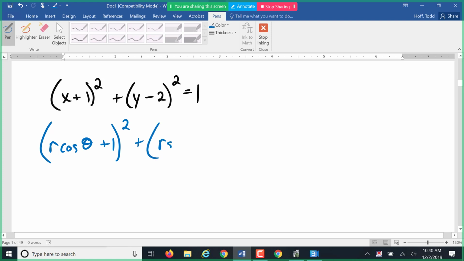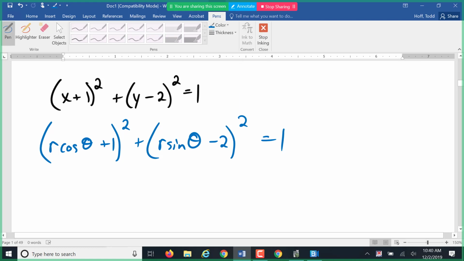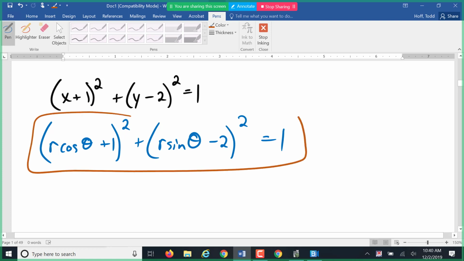Y equals r sine theta minus 2 squared equals 1. And we could solve this and rearrange it solving for r. Now here we're going to end up with r squared in this equation. So this is going to get more complex, but in this case, this is a valid polar equation right here